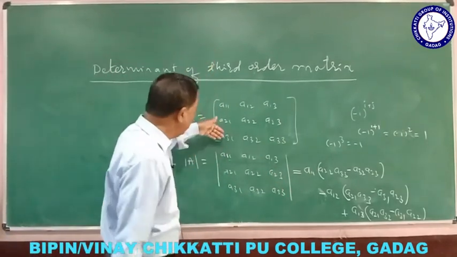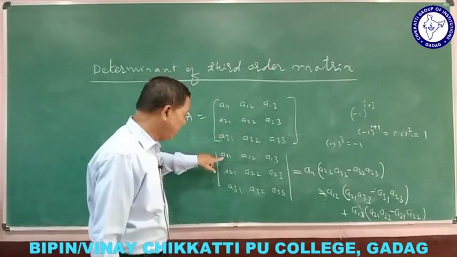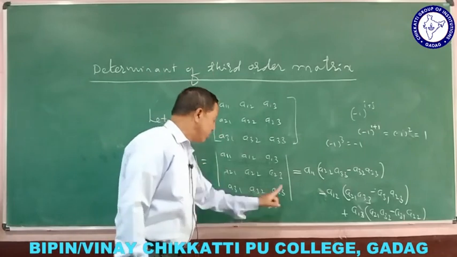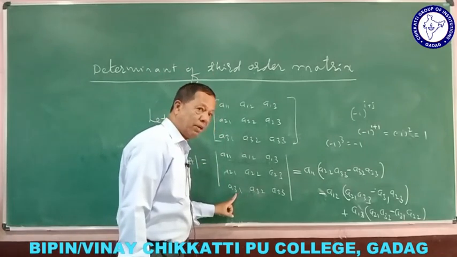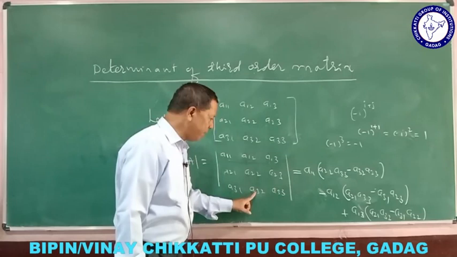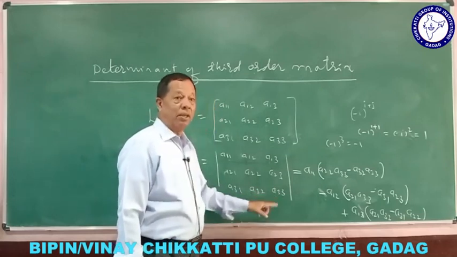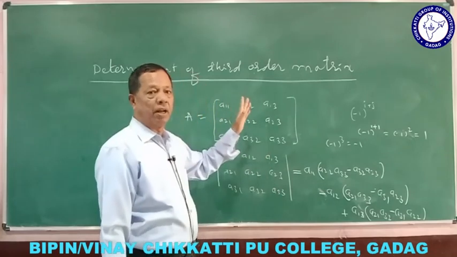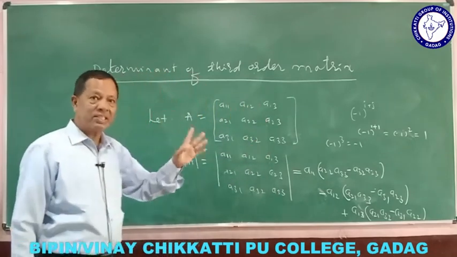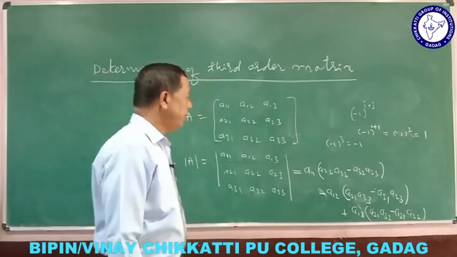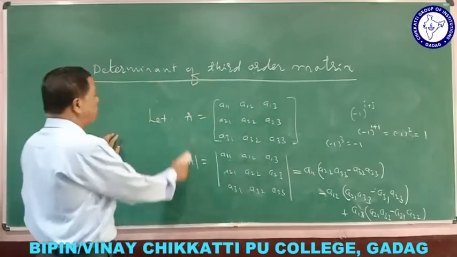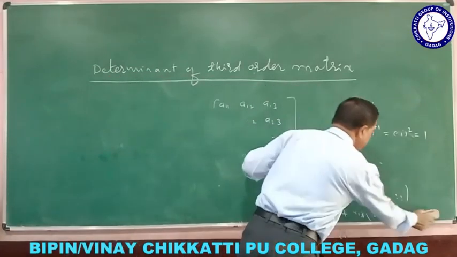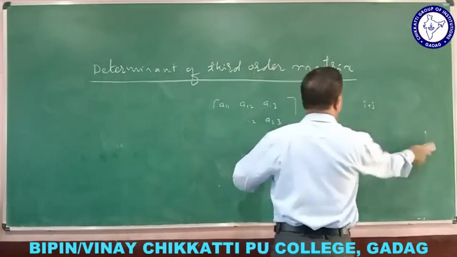Suppose you are interested in expanding along this, here is first, here is minus, here is plus. Suppose you want to go for it like this, here is the first, 3 plus 1 plus, minus, here plus. You got the idea now. The question is not necessarily the first row, it can be expanded along any row and any column out of 6 possibilities. Now this is an expansion of the third row. But now I want to tell you in numerical examples how we take it, and based on that we can see.